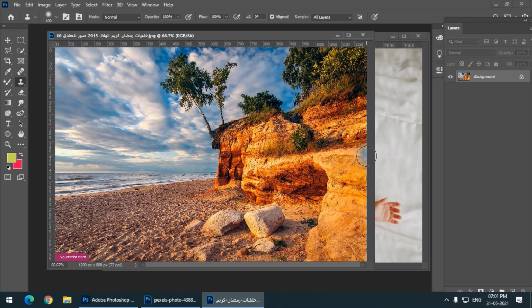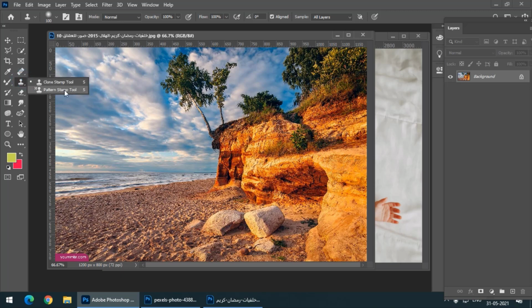It is a pretty useful tool, mostly used for removing watermarks or unwanted objects from images. There are a few other methods to remove unwanted pixels from an image, but whatever tool you feel comfortable with, you can use it. You just have to try it. Whatever works best for you, you can use. So this is what the clone stamp tool does.